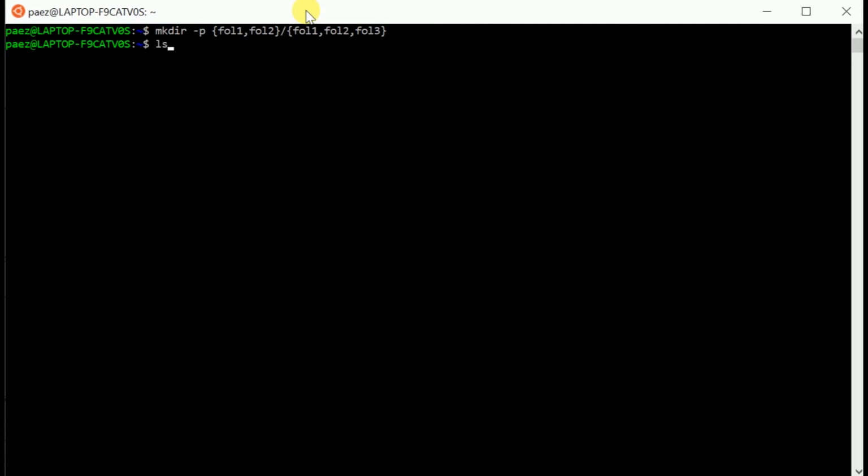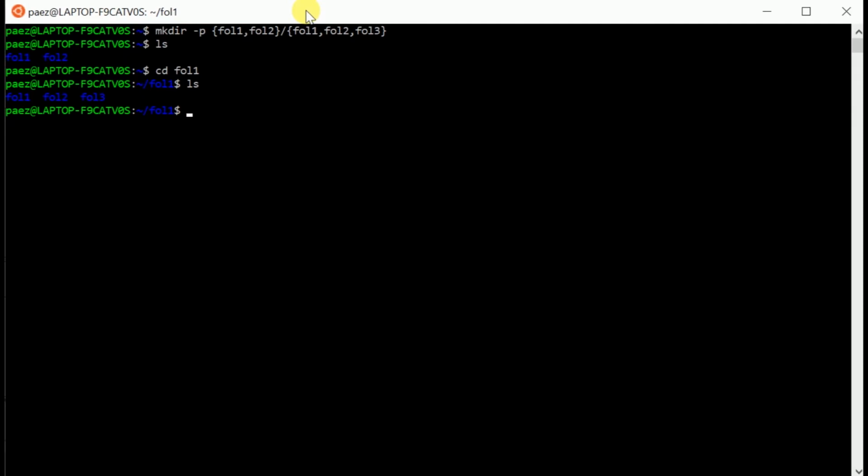So let's check. I have the two directories. Let's move to fol1 and let's check out its contents. And as expected, we have three subdirectories in that folder. This is a nice way in which you can have all the permutations of the folders by just one command. So fol1 will have all the three subdirectories 1, 2, 3, and fol2 will also have the subdirectories by the same name. You can also create hundreds of folders just by writing 1..100.